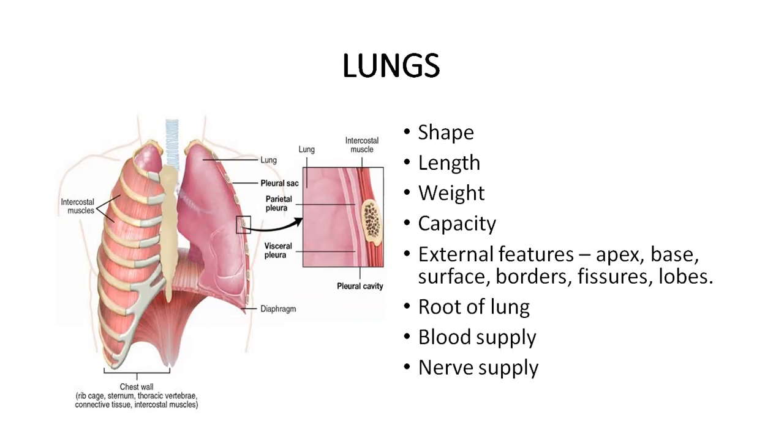Then coming to the root of the lungs. There is a slight difference between right and left. In the right lung there are 2 entry points for the bronchus, whereas in the left lung there is only 1 entry point for the bronchus. Seeing the root from superior to inferior in the right lung,